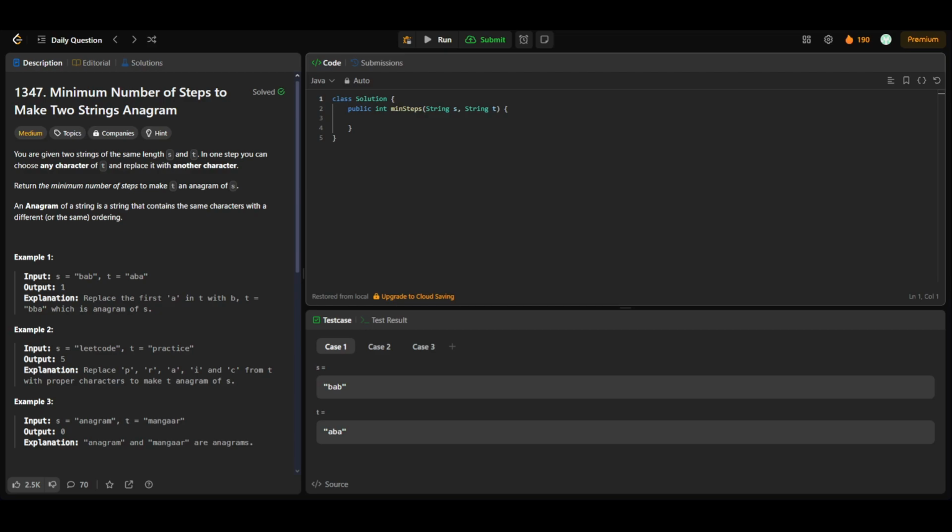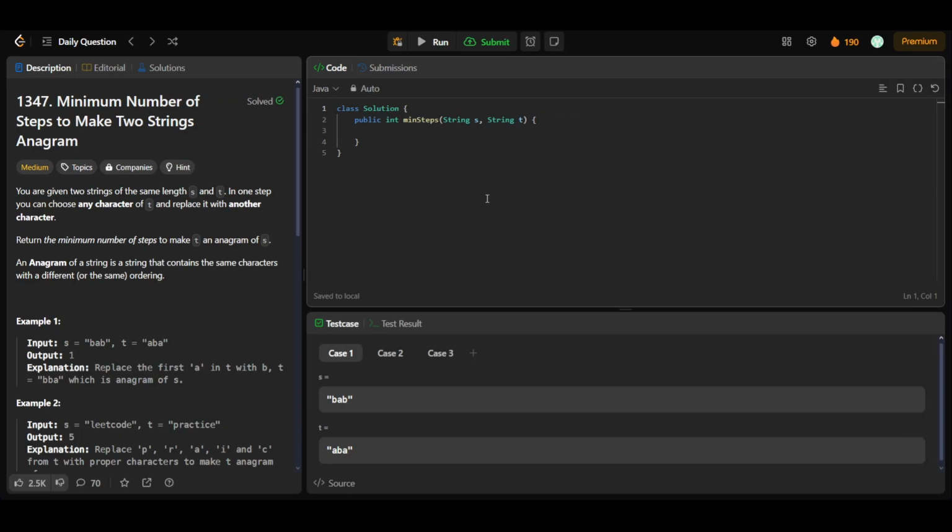Hello people, today we'll be solving LeetCode daily question 1347, that is minimum number of steps to make two strings